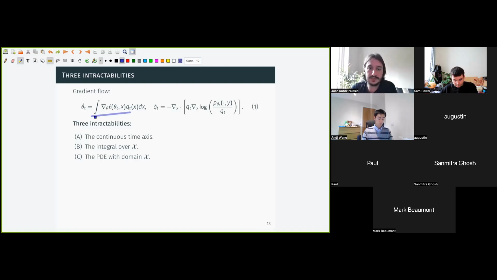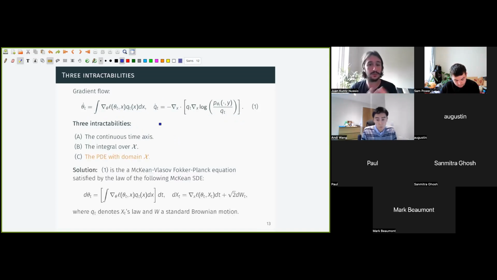On top of that, we still have an integral over the latent space, which was the thing that was causing us issues from the very beginning. And on top of that, I've managed to basically add a PDE whose domain is the latent space, which is high dimensional, not the type of thing that you can just solve. So I'm going to deal with these one at a time, some approximating and others not, until I get something that I can actually run on my computer. So first up is the PDE.